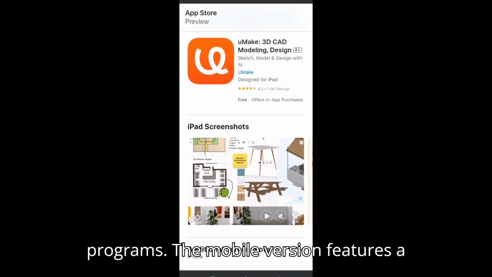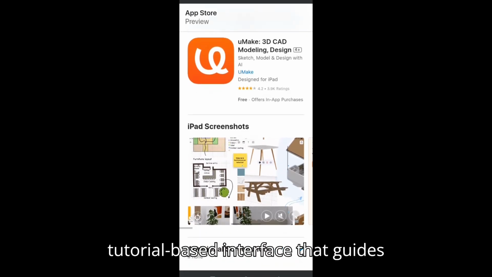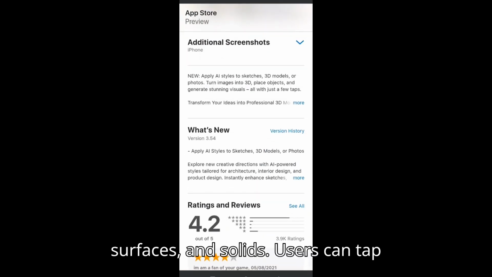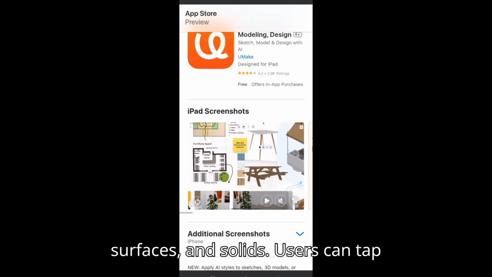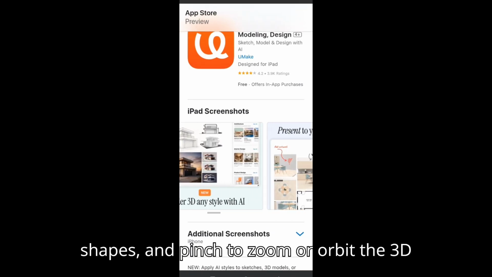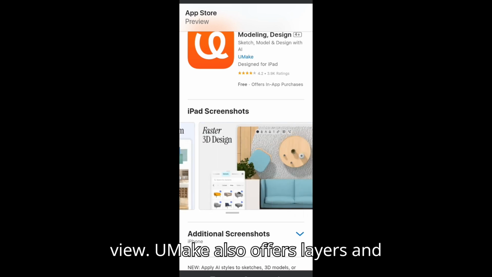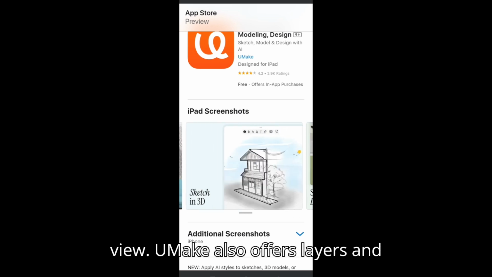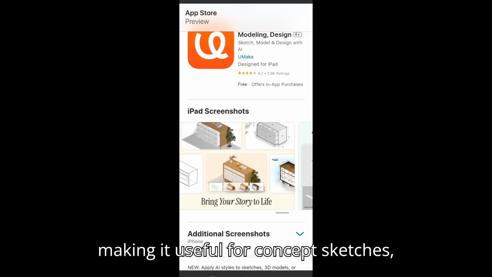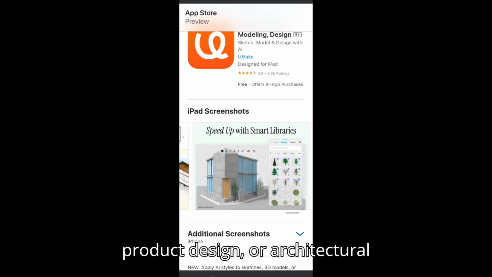3D printing programs. The mobile version features a tutorial-based interface that guides beginners through drawing curves, surfaces, and solids. Users can tap on tools to extrude, revolve, or loft shapes, and pinch to zoom or orbit the 3D view. uMAKE also offers layers and snapping tools to improve precision, making it useful for concept sketches, product design, or architectural